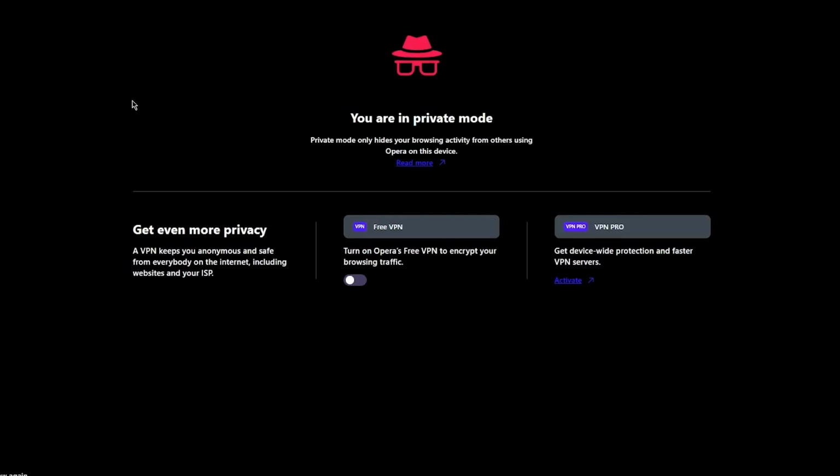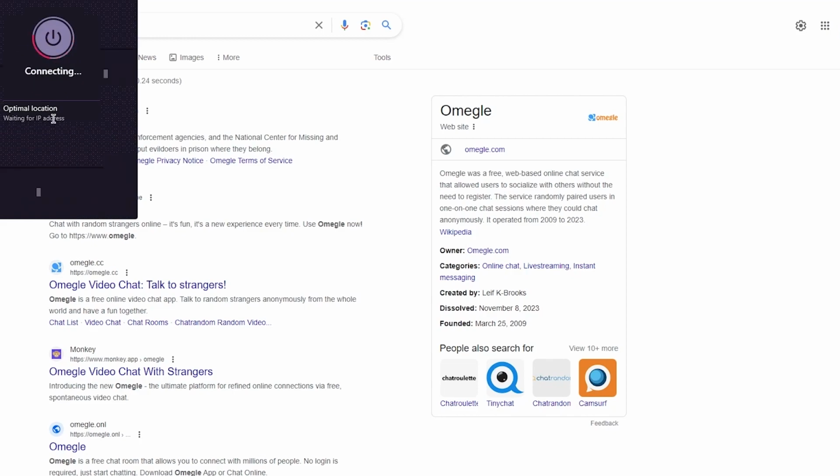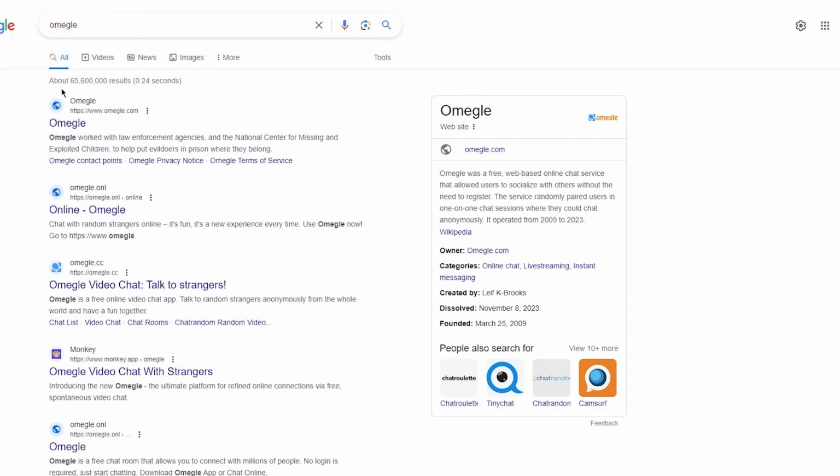So let's say in my country, Omegle is banned. Omegle is not allowed to be used. So if I run Omegle through my basic net, it won't load in. But if I go ahead and add a VPN for myself, as you can see, I'm going to connect it to European servers. I'm going to load things in, and I'm going to load Omegle in. So if you load Omegle in this case, look at that. It's going to load things in. Pretty simple, right?